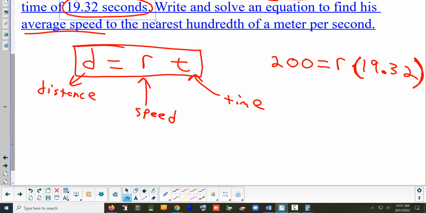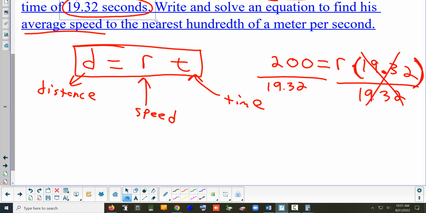Divide 19.32 on both sides. And when I divide both sides by 19.32, what's 19.32 divided by 19.32? 1. That's why we did it, to cancel it out. So now we have r equals,